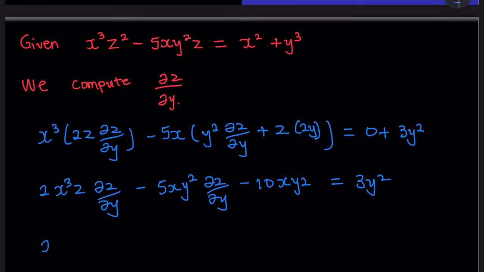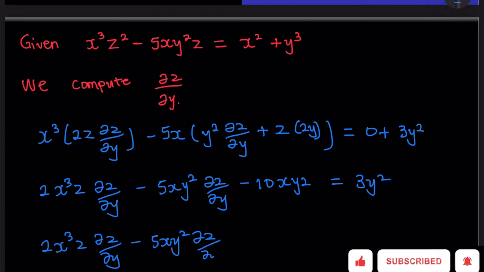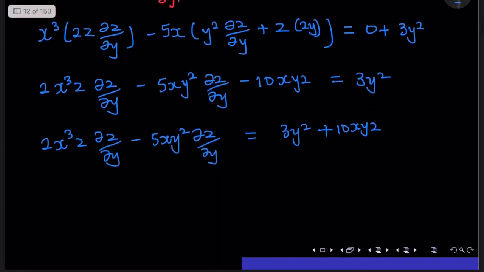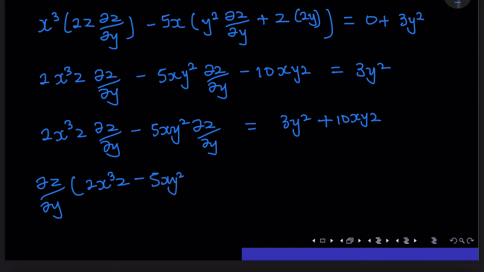So we are going to have 2x cubed z del z del y minus 5xy squared del z del y is equal to 3y squared plus 10xyz. So factorizing del z del y out, we are going to have 2x cubed z minus 5xy squared